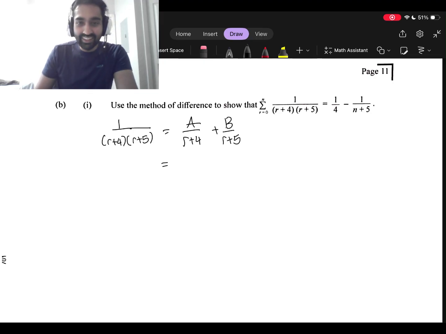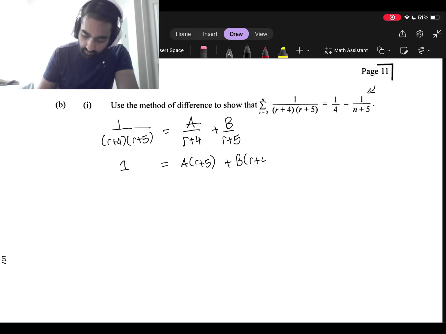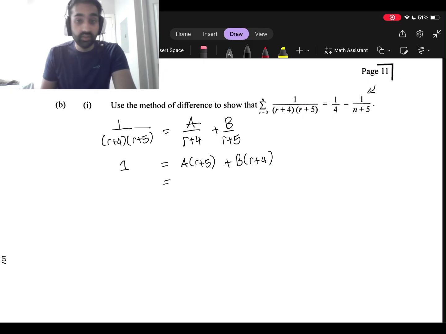And well, one thing is that if you look at this final answer, you could kind of guess what a and b should be, but let's just do it properly. So if I multiply by r plus 4 times r plus 5, 1 would be equal to a times r plus 5 plus b times r plus 4. Now the two ways you could solve this, one is you could substitute two values for r and figure out what a and b are,